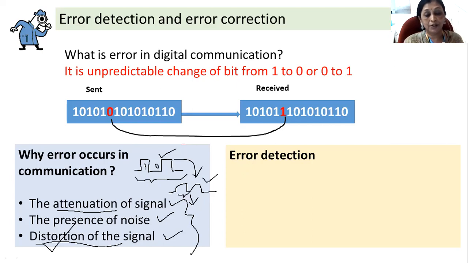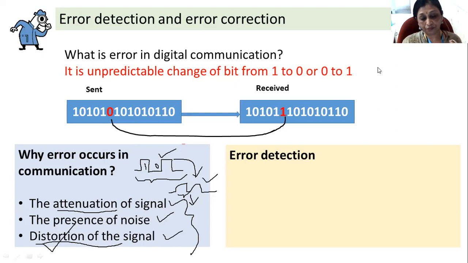cancel this error. So in digital systems, it is very easy to cancel the error, because what you have to do is make 0 to 1 or 1 to 0. You have to just change the bits from 0 to 1 or 1 to 0 to correct the errors. So the only difficult thing in digital communication is to identify the errors, and the second thing is to identify the position of the error. So once you identify these two things, it will become easy to correct the error.